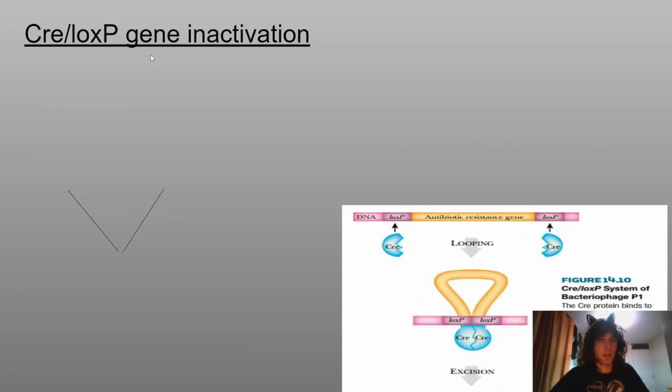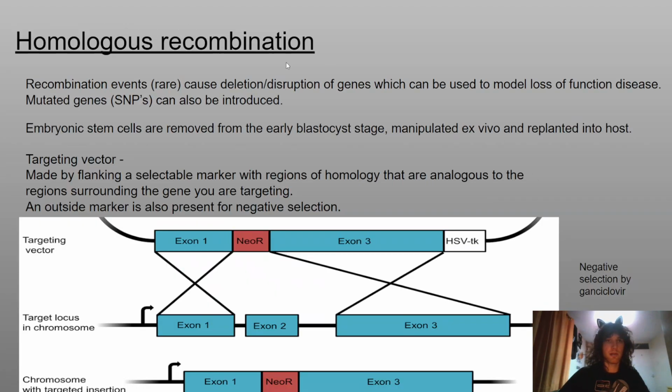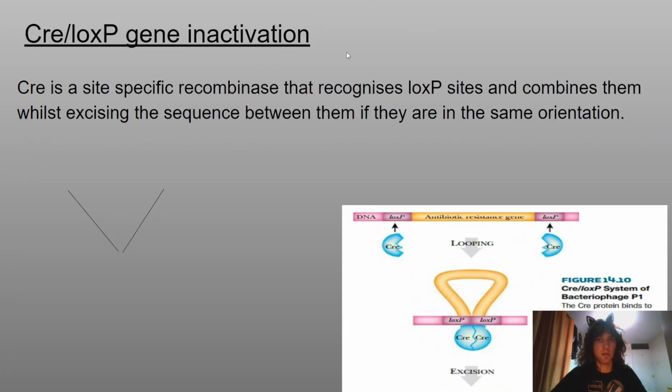So next we have Cre/LOXP gene inactivation, which is kind of just another version of homologous recombination. The way this works is that it uses Cre, a site-specific recombinase that recognizes LOX-P sites and combines them if they are in the same orientation, while excising the sequence between them. Look, it loops and then cuts and then combines both LOX-P sites. Very cool. So again, you create another line of mouse with LOX-P sites flanking the locus, and then